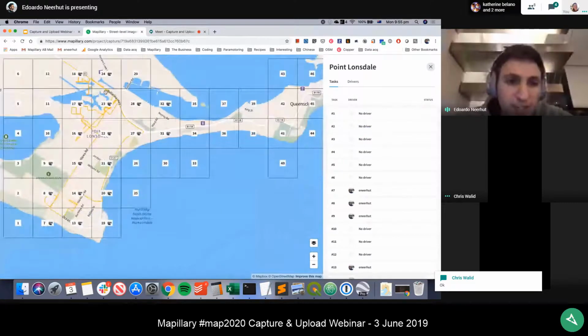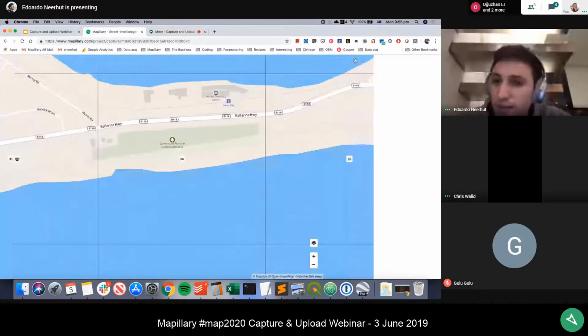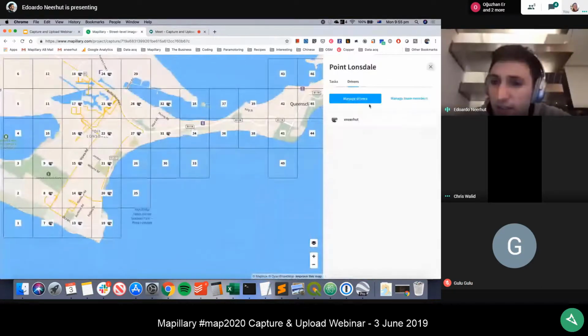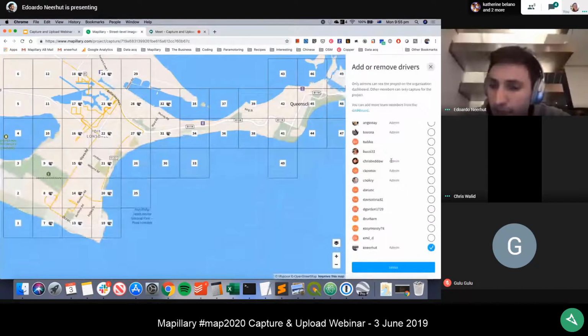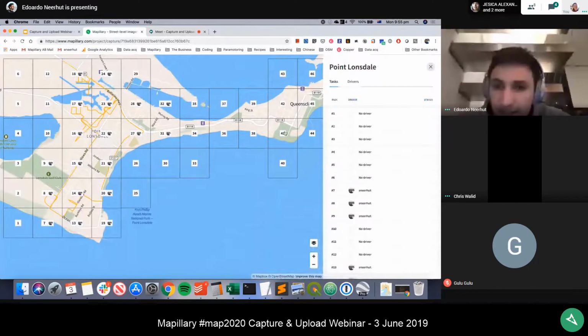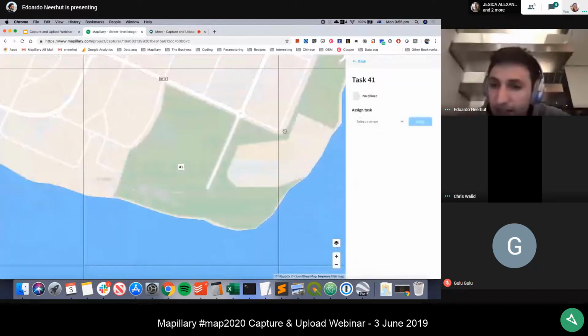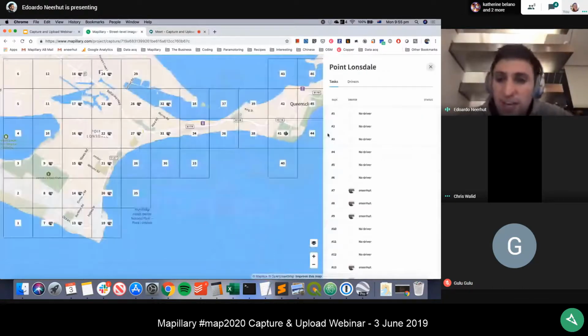So here I've assigned myself to different zones, but you can also assign whoever else is in your capture project. So I've only got one driver, but I could add other drivers if I wanted to, anyone in this organization. So I could add Brenna. Brenna's gonna have to fly to Australia and help me with this capture project now. She will get this zone here. And then when she loads up what we call our drivers app, she'll be able to see this location and that it's a priority area.